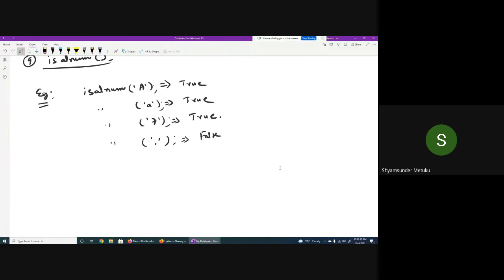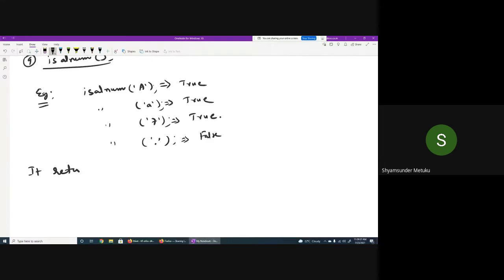It could be plus, minus, or it could be dollar, it could be star, it could be anything. What you see on the keyboard, all the other characters, other than the alphabets and digits, is it not a special character? There is no special function like is a special character or not. So false of is alphanumeric can be considered as a special character or not? Yes, sir. Okay, that is how you should understand.